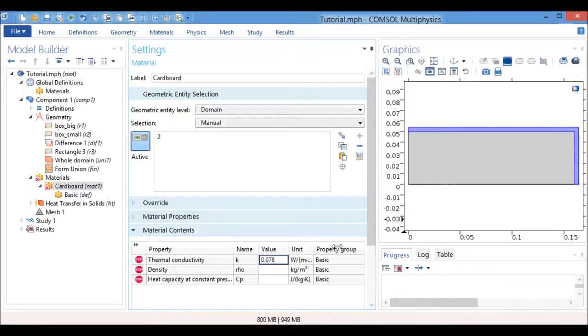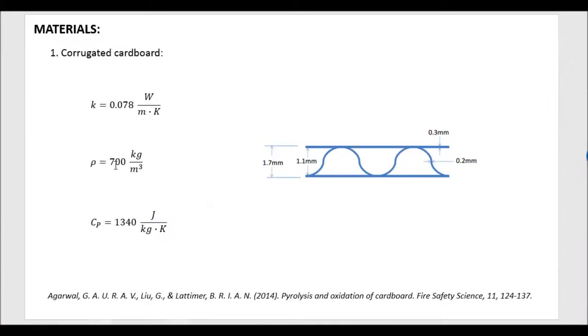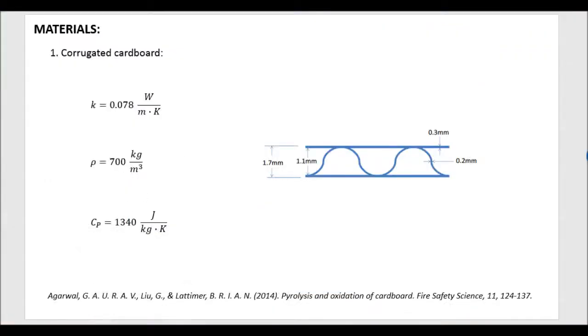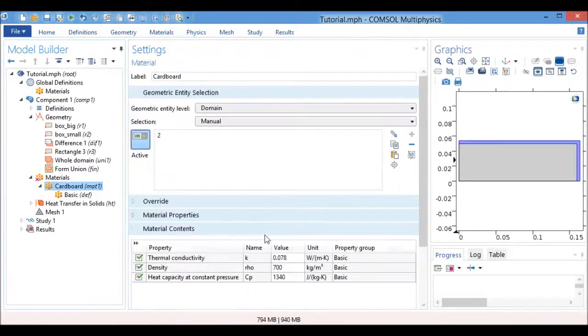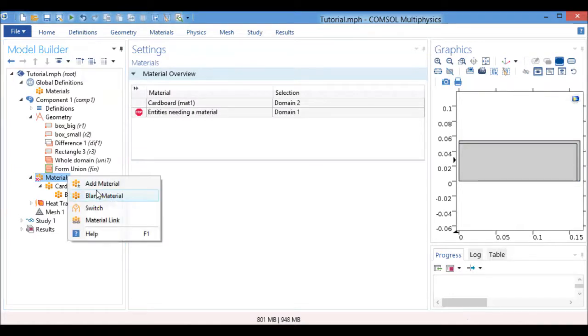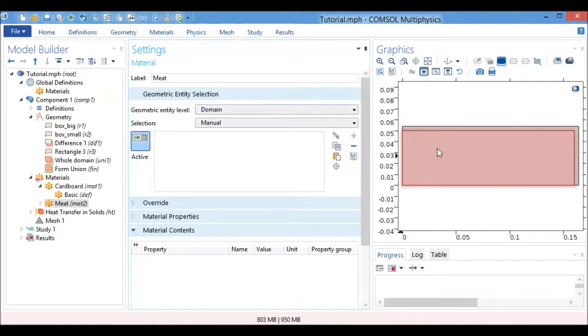Let's check. Watts over meter Kelvin, yeah, and then density 700, and then Cp, which is 1340, the same units. So our material now is defined, cardboard is defined, and then we need to define meat, which is slightly different. Let's add another material, blank material. Let's call it meat, and then it will be applied to this part of the domain, and we need to specify